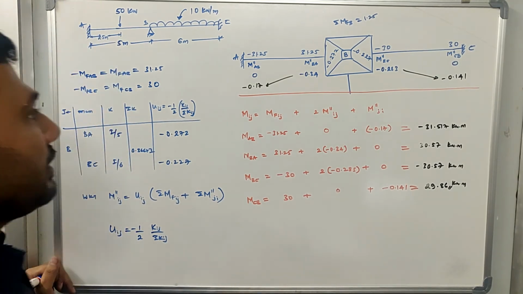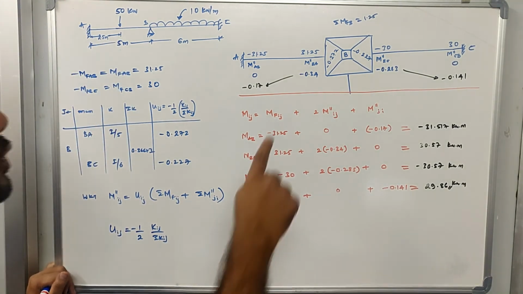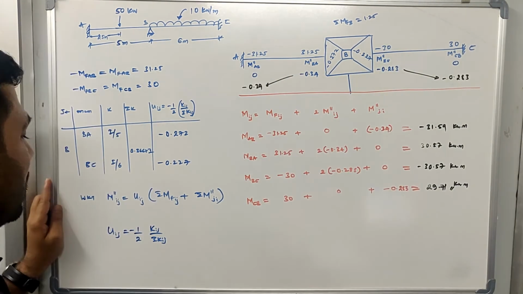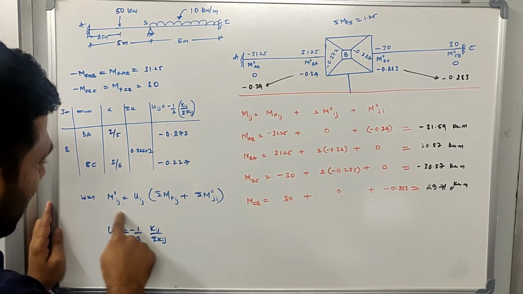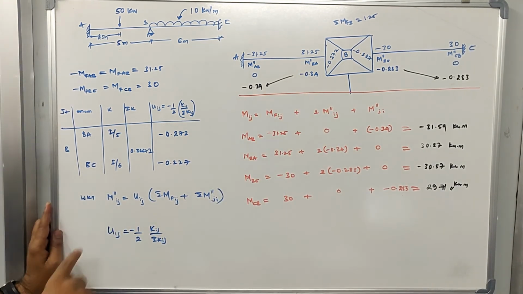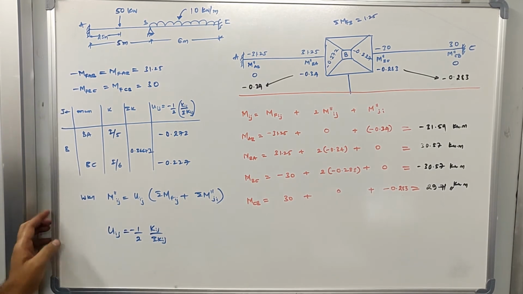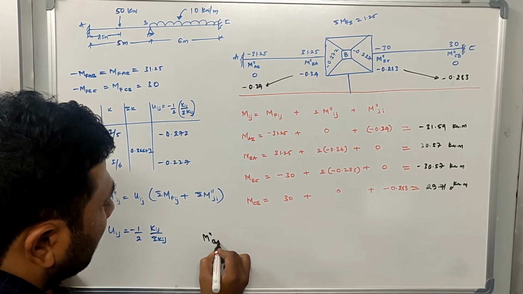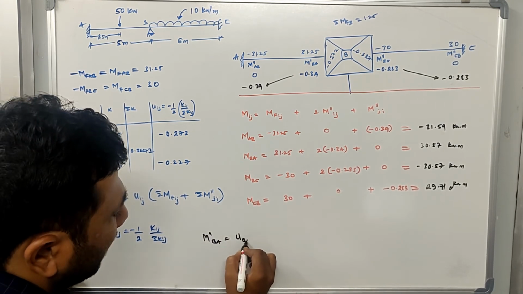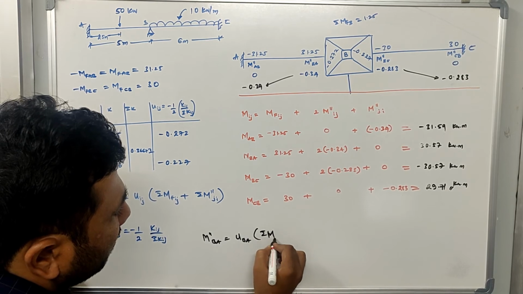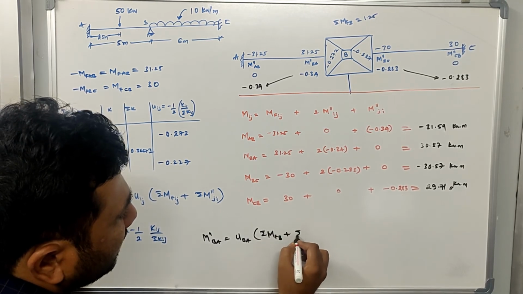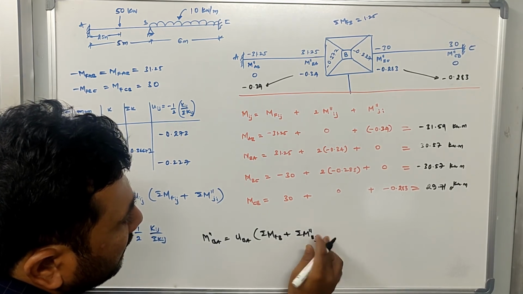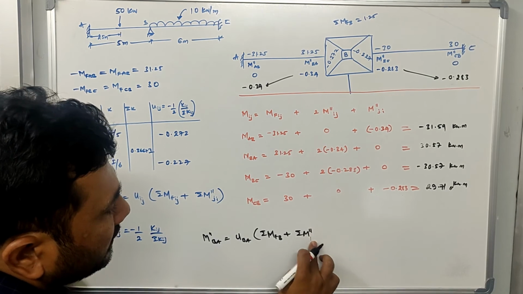Now the next thing we need to do is to calculate M double dash BA and M double dash BC. So let us calculate them. To calculate the rotation moments, we will use this equation. In this equation you can see M dash AB. I will write over here: if I want to calculate M double dash BA, this equation will be UBA into bracket summation of MFB plus summation of M double dash BJ. Sorry, I can write it as JB.